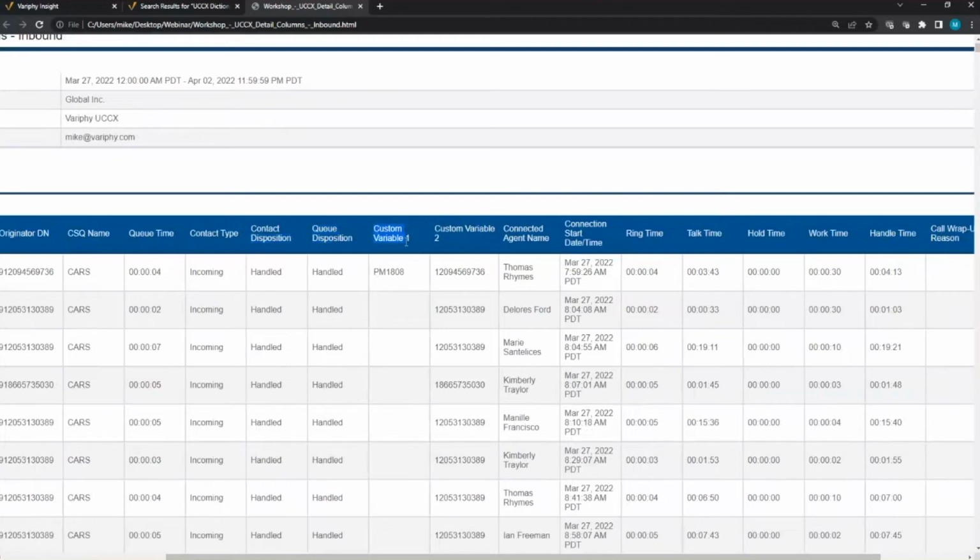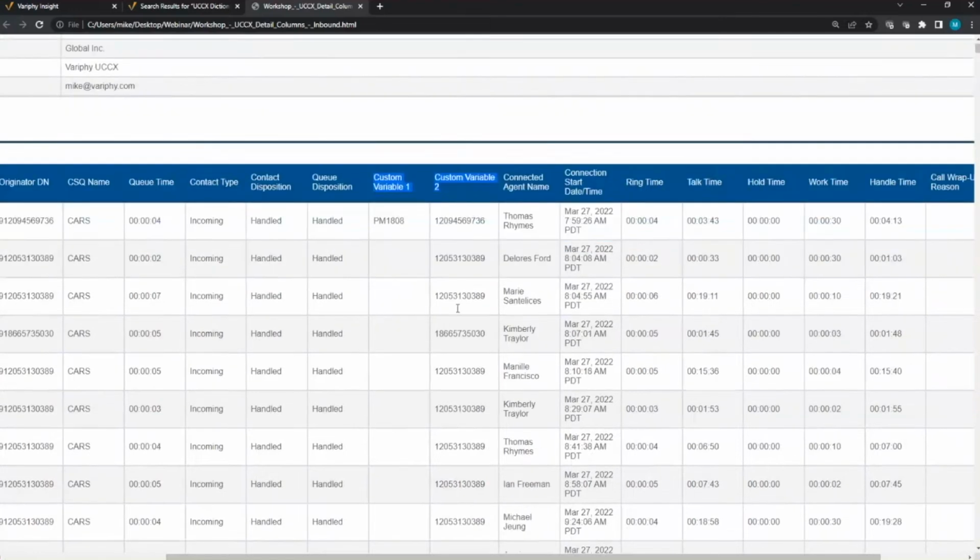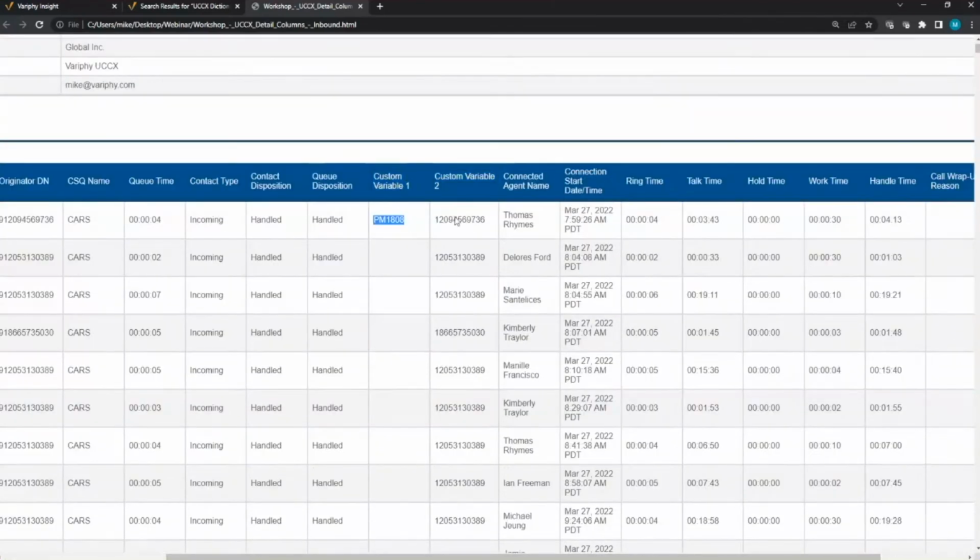Moving on, custom variables. Within the scripts that are built within the contact center, you can add custom variables to pull in more information. If you have it set up, and as long as we can see it, which we normally can, we can pull that value in the report. So if there's certain fields or data that you want to see in the report, definitely check out the custom variables if they exist in the scripts. It gives a lot of information that's more tailored to your specific environment, not just the global information that's contained in the CDR.